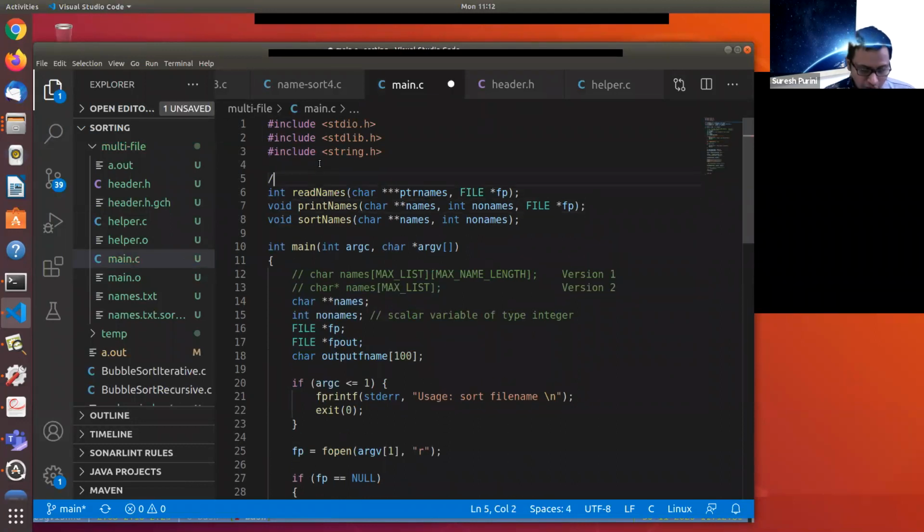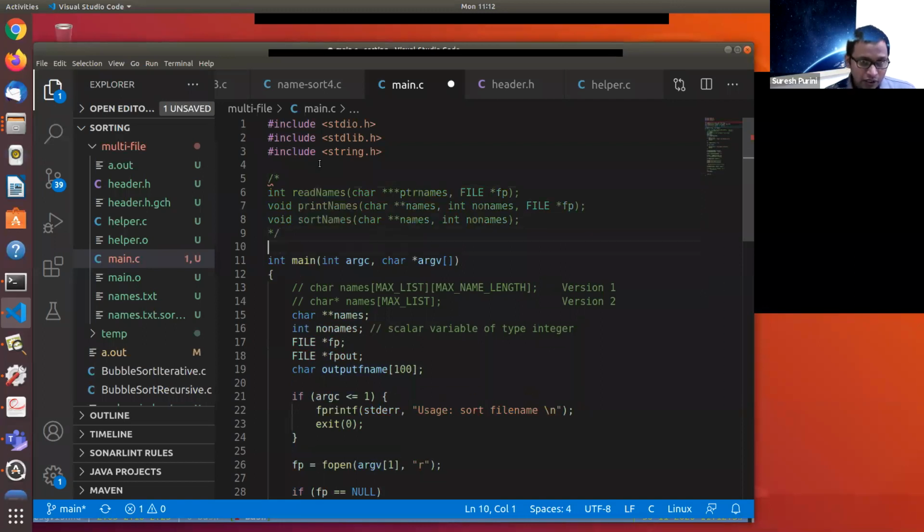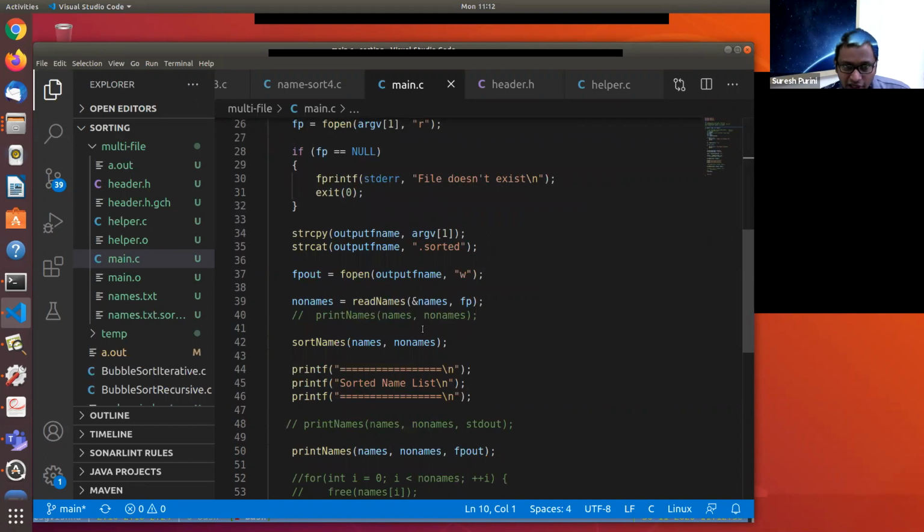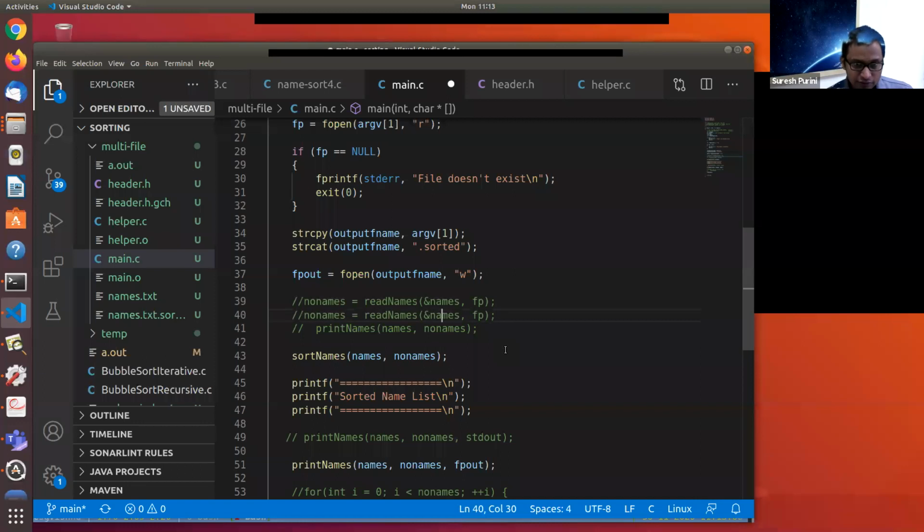Before I include all these things, I want to tell you one thing. So let's say this is our code, okay? Are you with me here? I included them, but I commented them out because I wanted to prove one point. Now look at line 39. On line 39, we are passing two parameters to FP. Let me comment this out, and instead of this, if I have this,